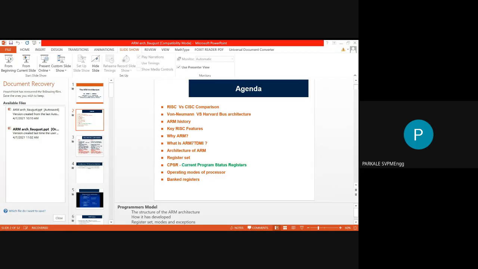Okay, now to reduce this drawback of CISC, RISC architecture will use register to register load and store architecture. Okay, so this is nothing but a very simple way to work on the data. So rather than downloading the data from memory each and every time, which will increase the access time or execution time, those execution times can be reduced by using register to register load and store architecture.